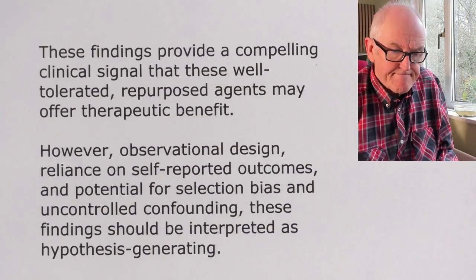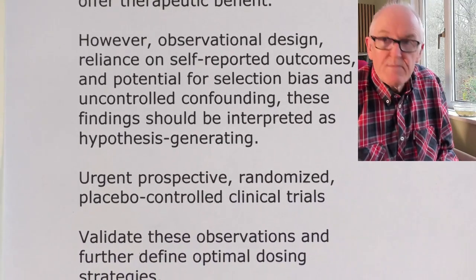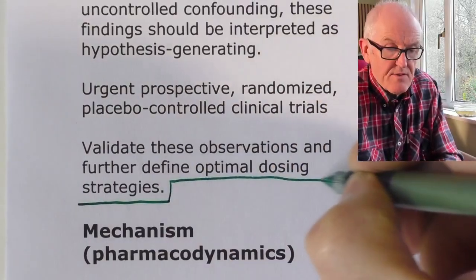We could be curing, potentially, we don't know, but we could be curing your wife's cancer, your husband's cancer, your mother's cancer, your father's cancer, your son's cancer, your daughter's cancer, with ivermectin and mebendazole, but the trials, the randomised large-scale double-blind controlled trials, are simply not being done. In my view, this is an outrage and an insult to research. But it's currently our situation, unfortunately. Validating of these observations further define optimal dosing strategies. So yeah, we need the trials because we're really not sure what the best doses are at the moment, although